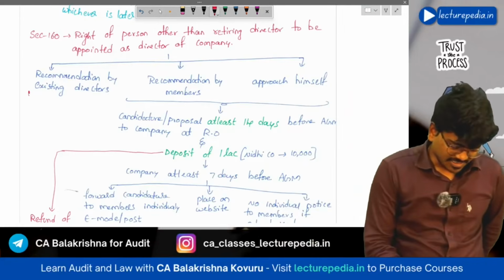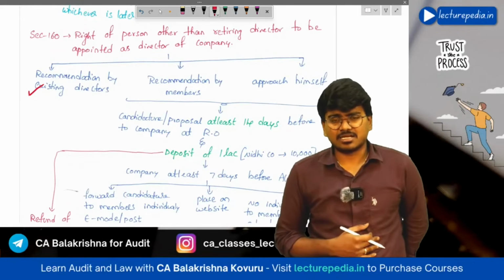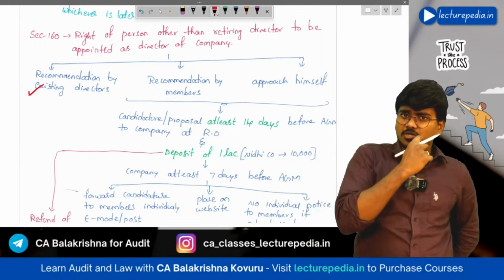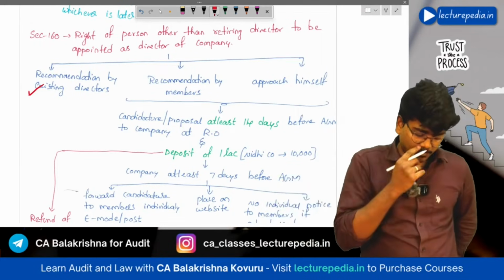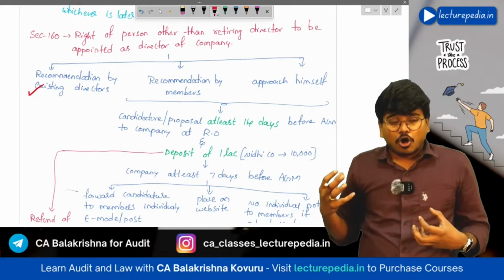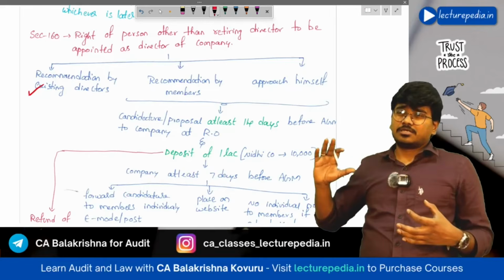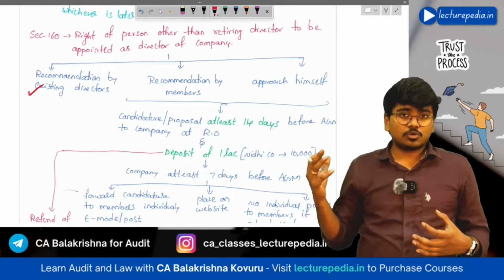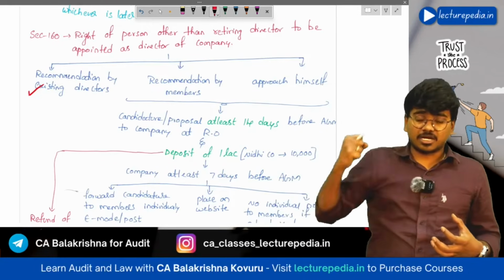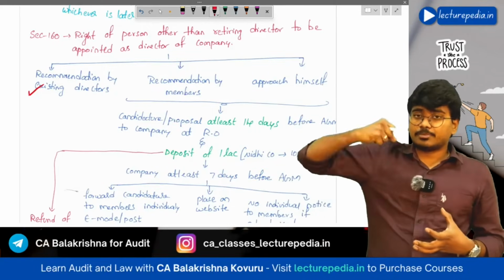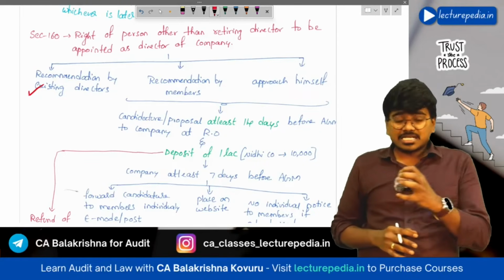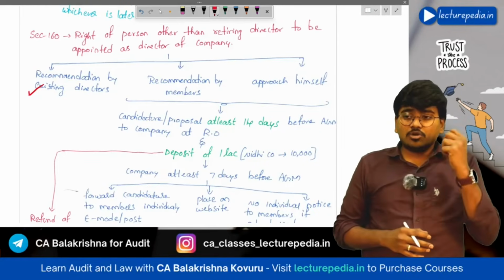Now, if the board of directors recommends a person as a director, then there will not be much procedure. Section 160 you need not apply, because the board of directors would have already done all the background work, and if they feel confident that this person is so necessary for our company, only then they will recommend that person as a director, right? So if the recommendation has come from the board of directors, you need not go through all this